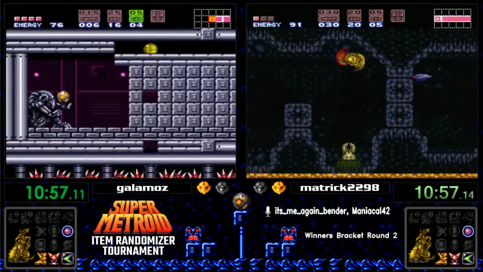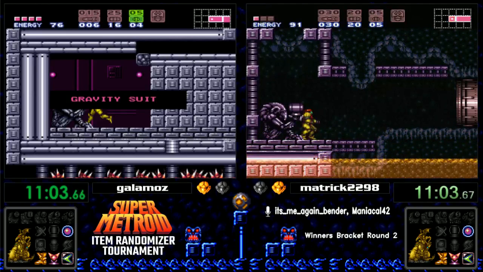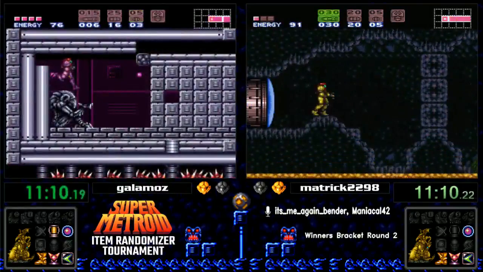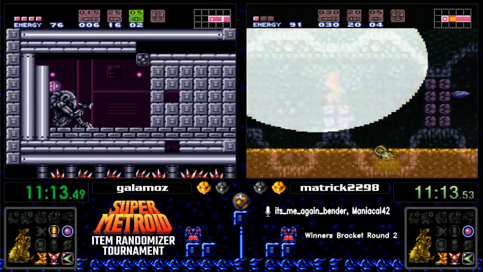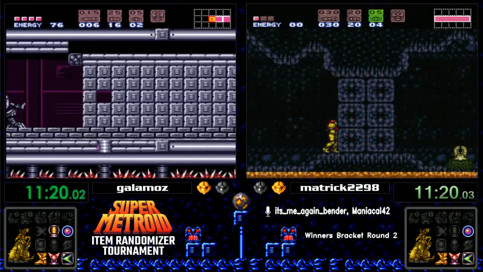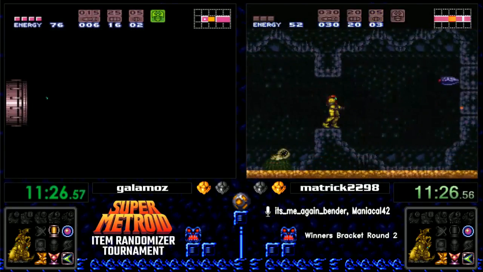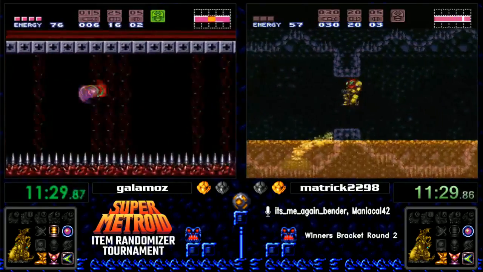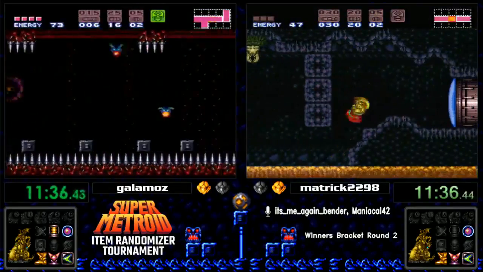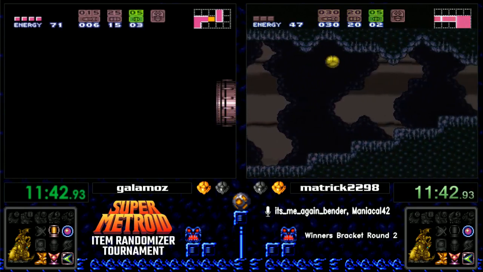Galamoz is going to check X-ray right now, and he is going to find his gravity suit. Yeah, and another slight advantage that Galamoz had was that he could check Waterway. He did only find an E-tank, so it wasn't anything important. But he has the advantage of knowing that there is just an E-tank, and we've seen in the second game that they didn't find charge until very late. Matrick went for the chargeless strategy, and Galamoz took the time to hunt down charge beam. And if in such a situation you know that Waterway is nothing you should check,